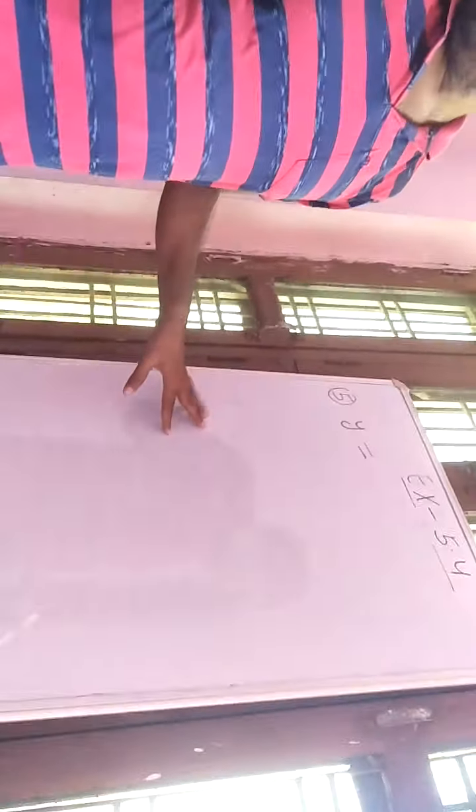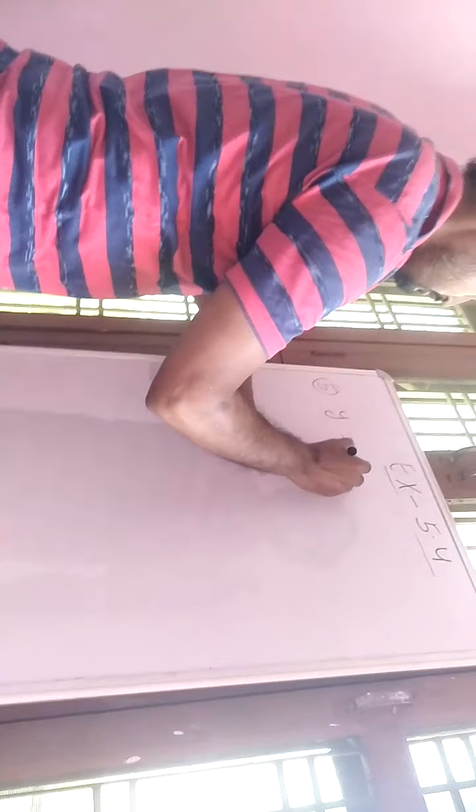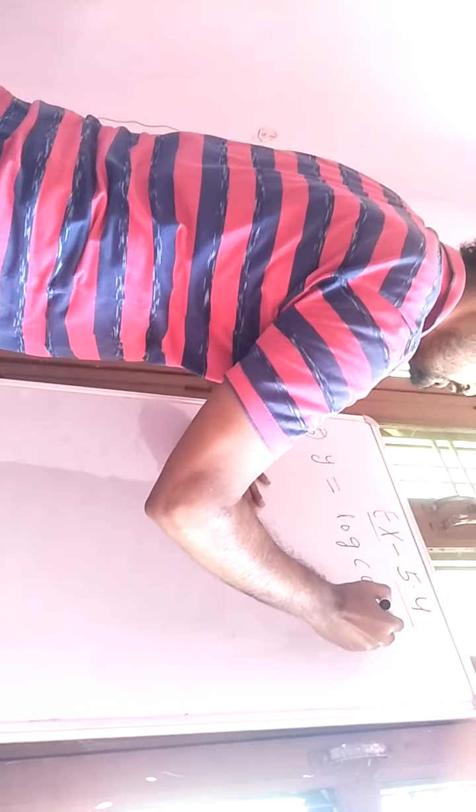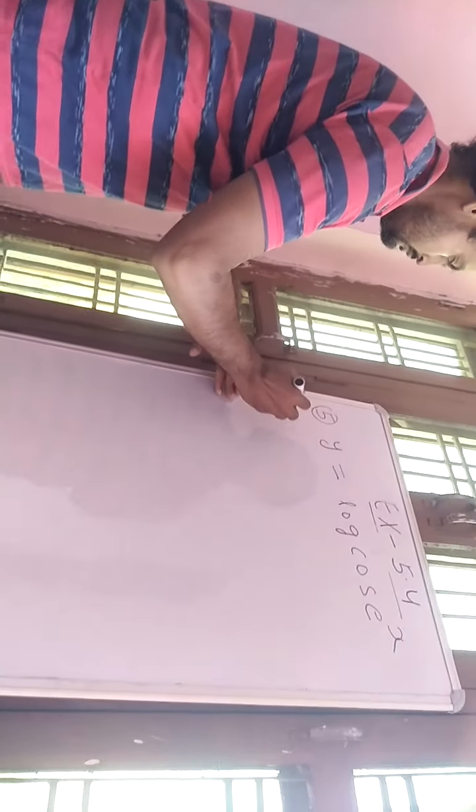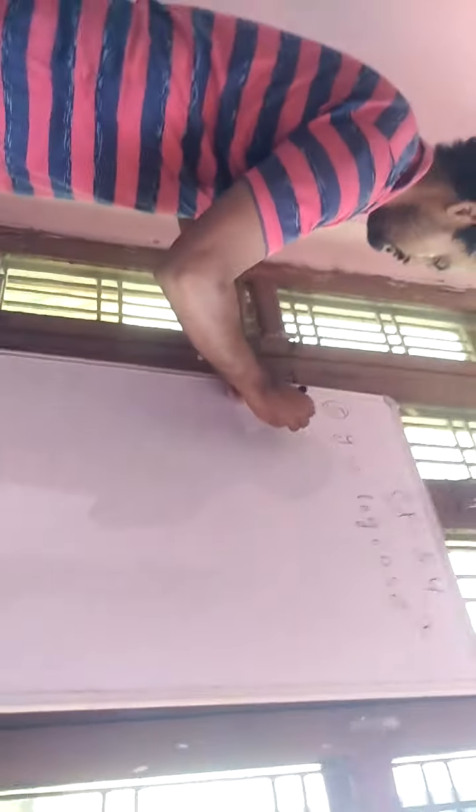y equal to, fifth question is log. We have to log cos of e to the power x. We have carefully, if here it is the question, then this is very easy. By chain rule, we have to write log. So this is x, so we have to write 1 upon, this x is 1 upon x. So cos e to the power x.